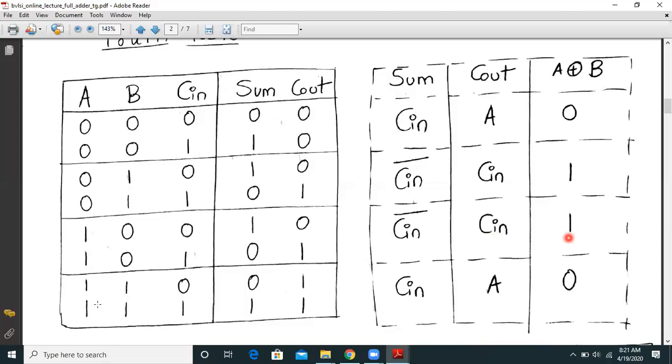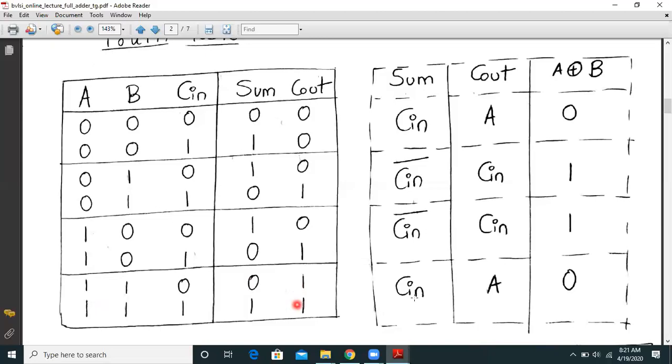That's why A XOR B will be 1. Let us check the last condition over here. So when A and B both are 1, and if Cin goes from 0 to 1, what happens to sum? The sum also goes from 0 to 1, whereas Cout remains at 1 and 1.